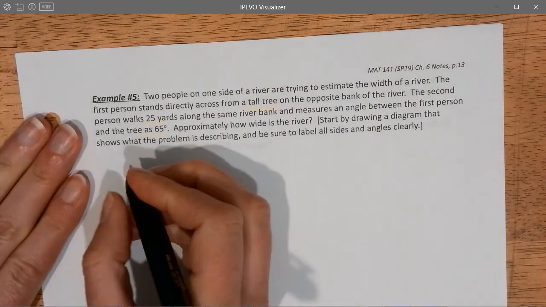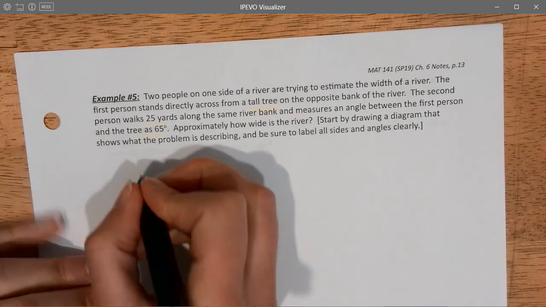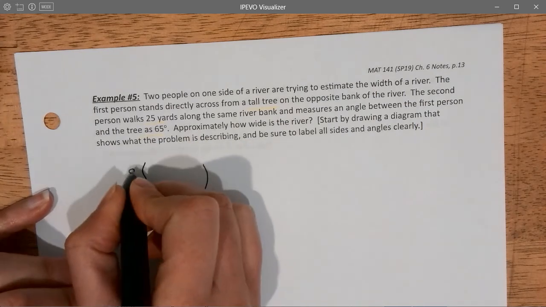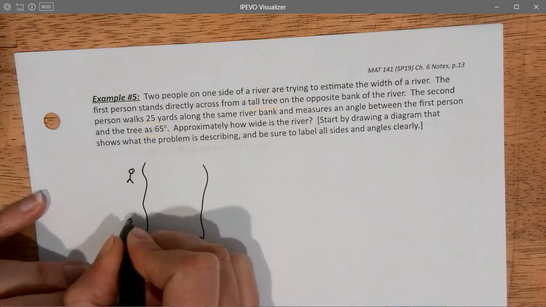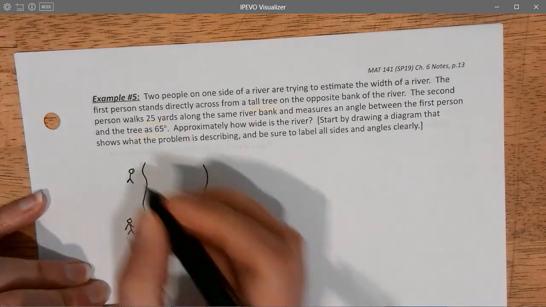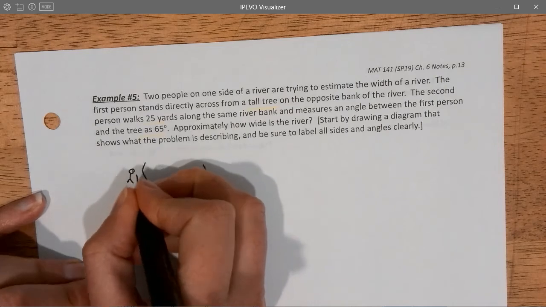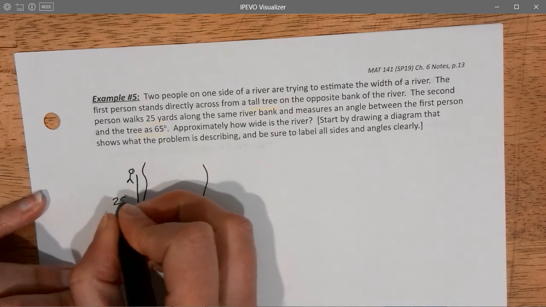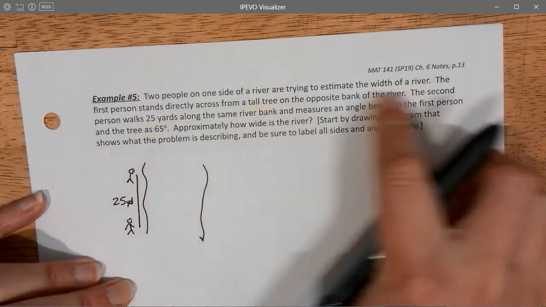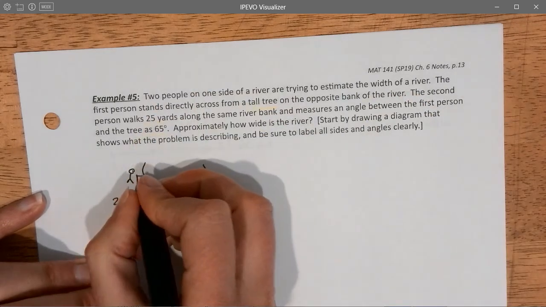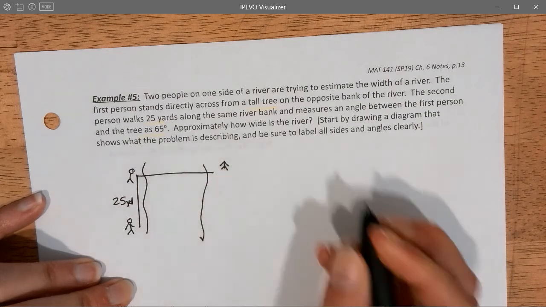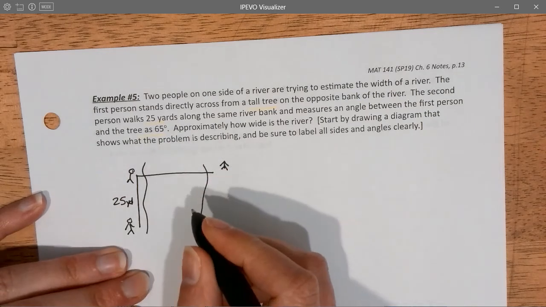Okay. We want to measure the width of the river. So we have this river here, and we have two people. Okay, two people, and they are 25 yards from each other. The first person is directly across from a tree, and then the other person